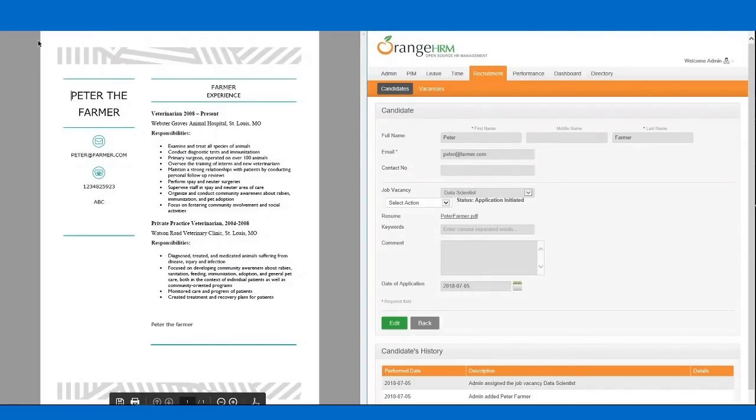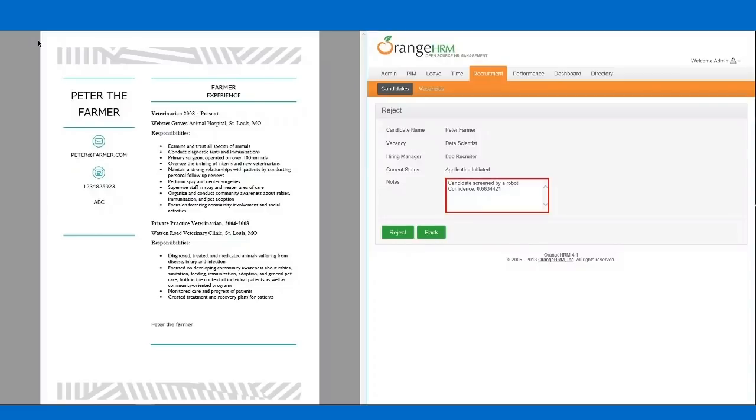We can see here that we already have a strange situation. A farmer applying for a data scientist position. Well, this must have been a mistake. The robot understands that this candidate is not a good match for the data scientist position and automatically rejects the application. In the last step of the evaluation, it writes a note to indicate that this candidate was screened by